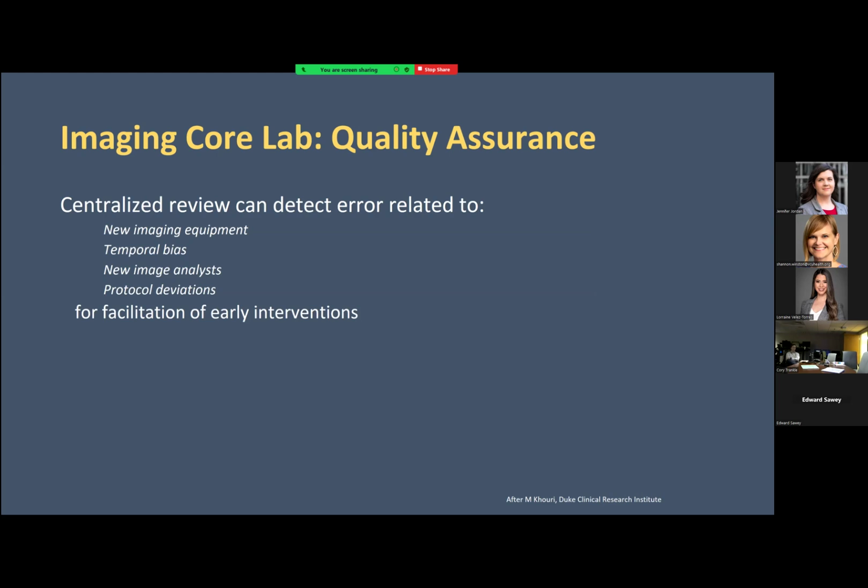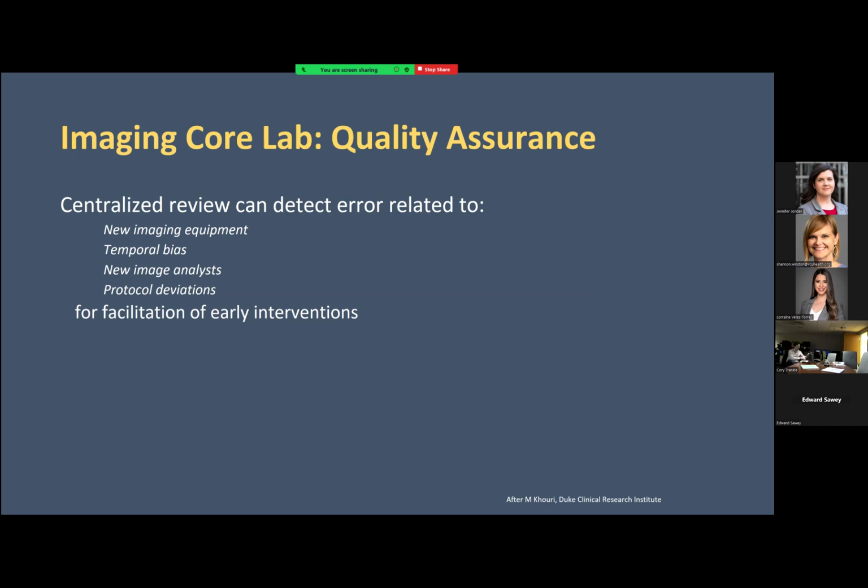The centralized review can also help detect errors that are related to things like I mentioned on the prior slide, new imaging equipment, but also temporal bias. So we review our data as a lab and make sure that, when we draw similar scans, we're drawing them the same way. We're not shifting how we draw things over time. If there's a new analyst, if you're doing individual site reads or the core lab read, we have that opportunity to do an education and train people and make sure that it doesn't cause any shifts in the data measurements